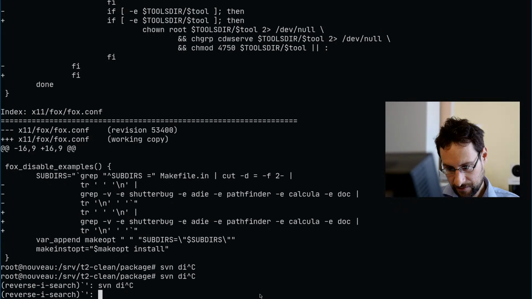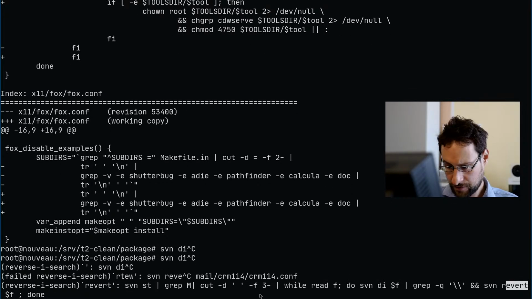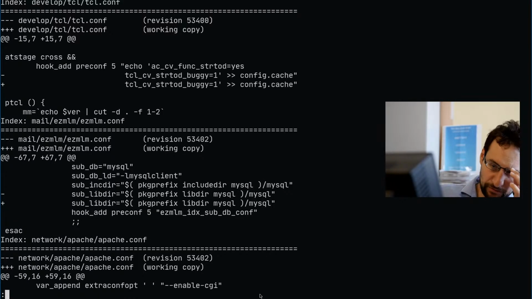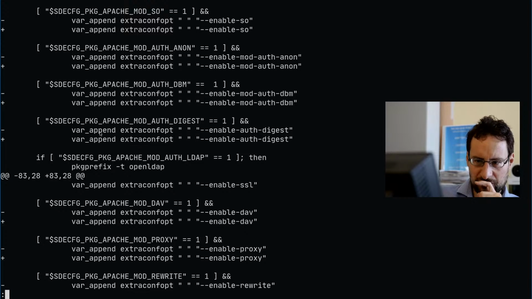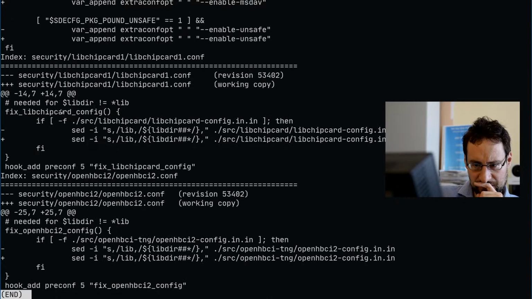Let's maybe run this revert loop again, because why not? And let's see what we got there. Yeah, so this is exactly this. I was mostly looking for this Apache, but similar such.